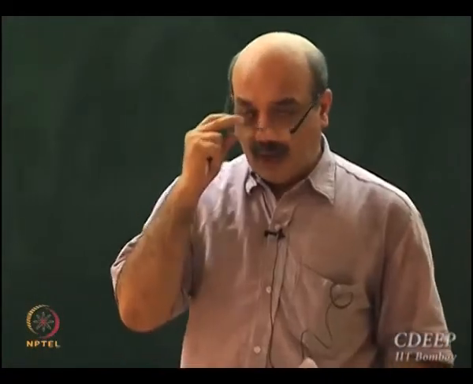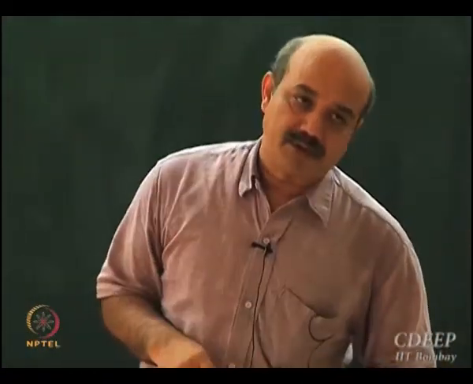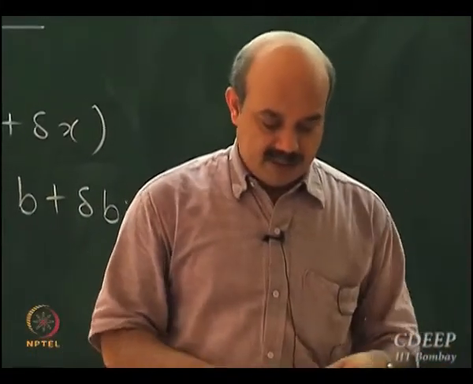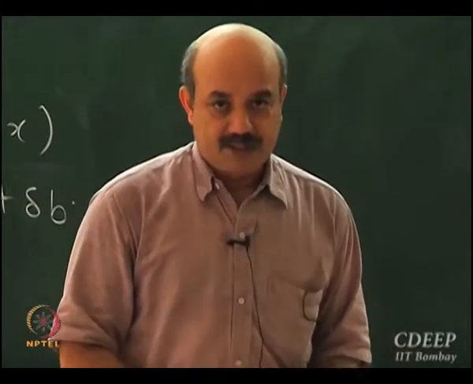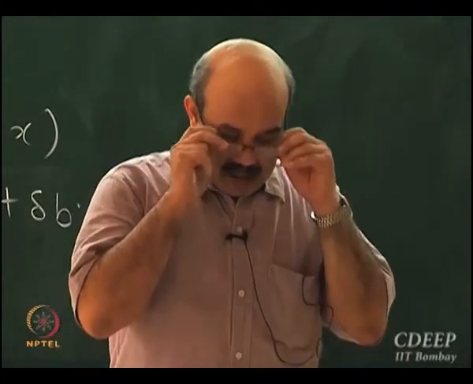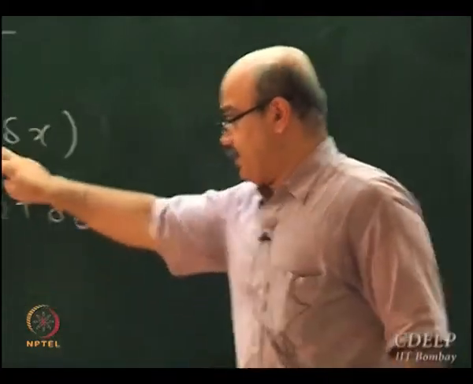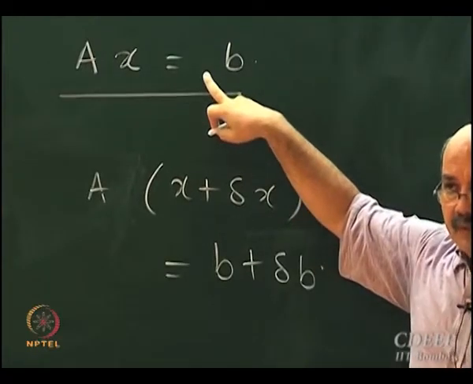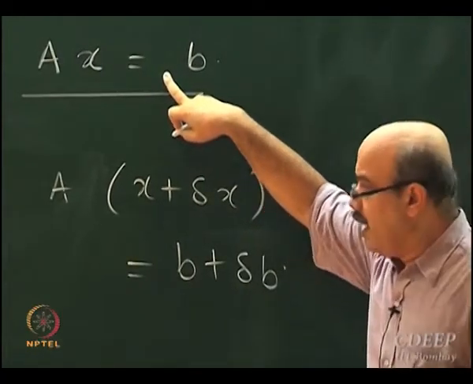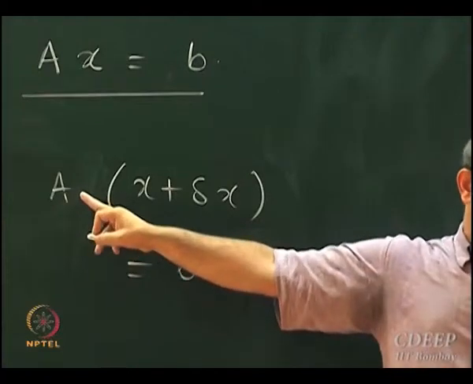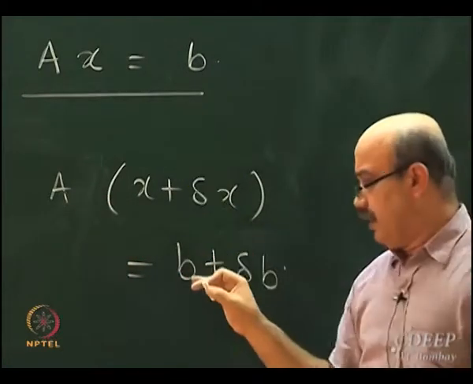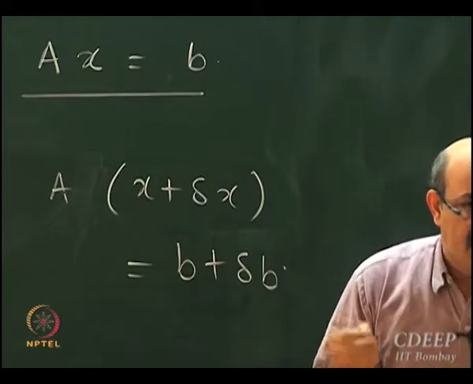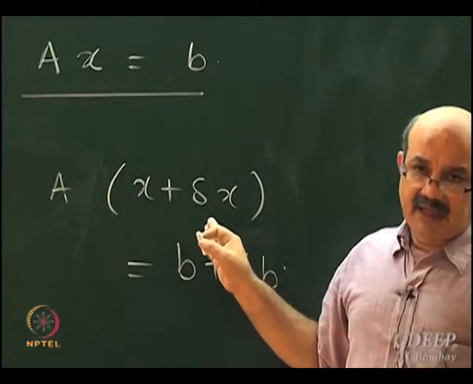Now I'm going to do two special cases of this derivation because they will give you insight. It's possible to do a more general derivation, but I think the specific derivation gives more insight. So let me look at this case first. I wanted to solve Ax equal to b. I was able to represent A perfectly. There was no problem. There was some error committed on the right hand side. b was represented wrong. That's why the solution became x plus delta x.